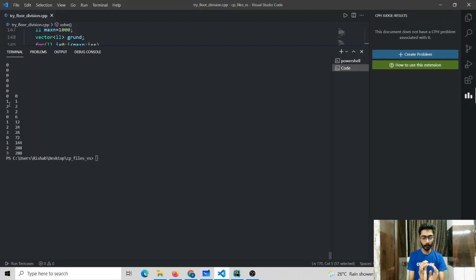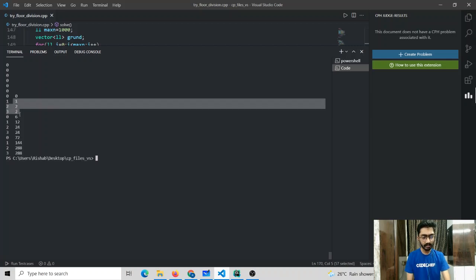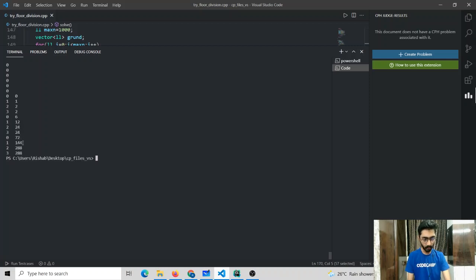First a few 1s are appearing, then a few 2s, then a few 3s and then 0s. Again 1s, 2s, 3s, 0s and so on. Now let us see what the sizes of these chunks are. First 1, 2, 2, 6. After that we can see that all of these sizes have got multiplied by 12 and we get 12, 24, 24, 72. Again we can see that these numbers have got multiplied by 12. 12 into 12 is 144. 144, 288, 288, and the next value is going to be 72 times 12.